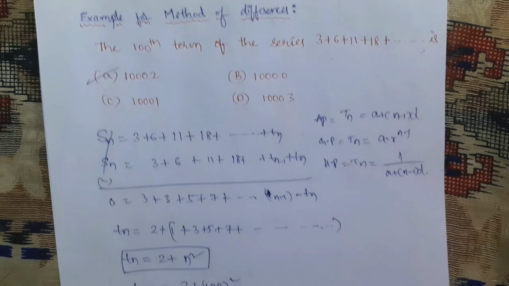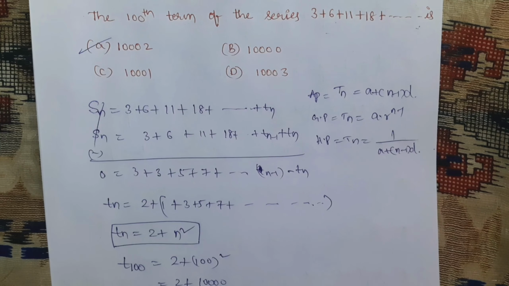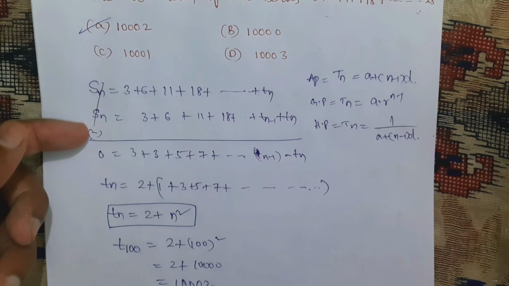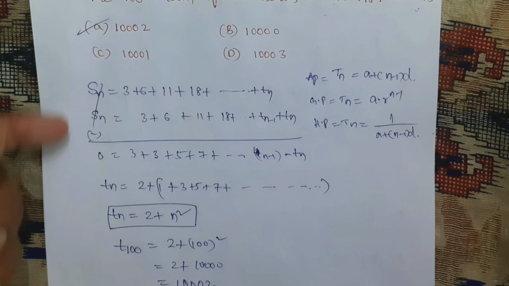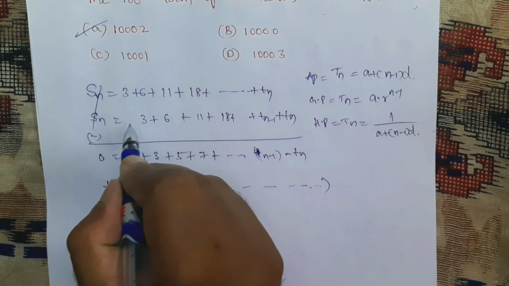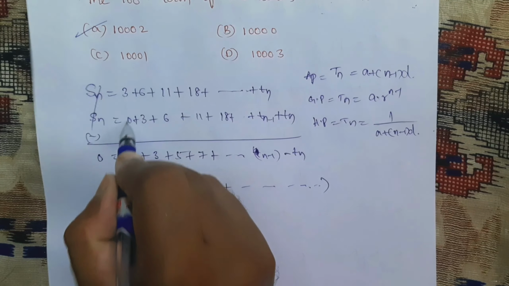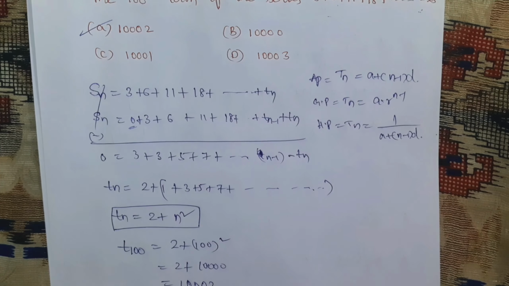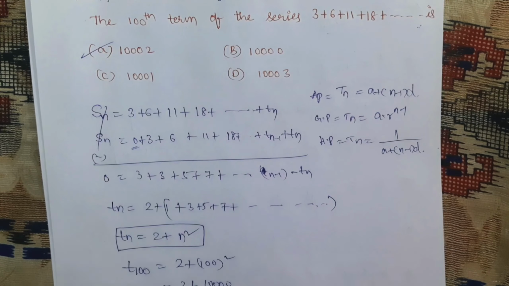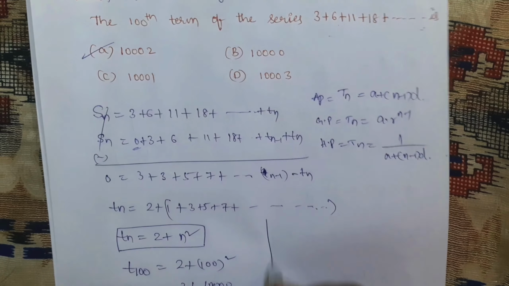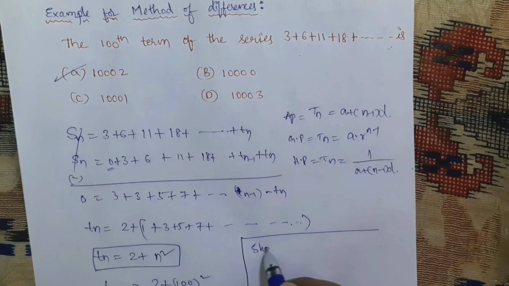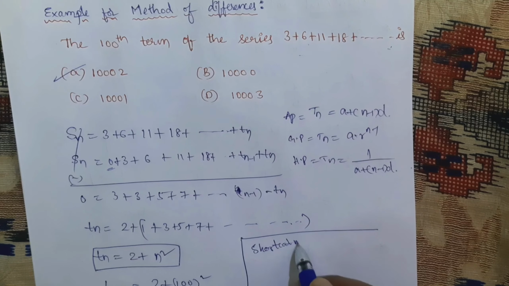Like this we can find it using the method of differences. We need to subtract those terms. While subtracting those Sn, we need to leave the first term. Remember, we need to leave the first term. Then only you will get Tn. If we get Tn, we can find any term, that may be the 100th term or any other term. So this is the normal method, and we have a shortcut method.